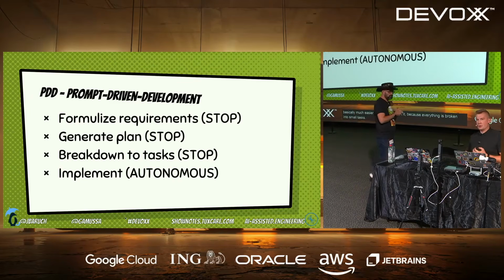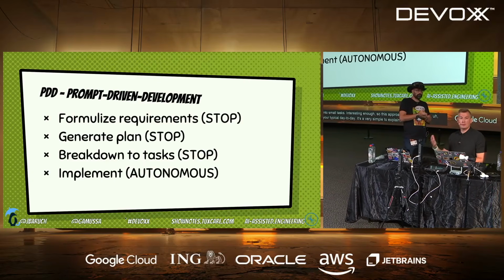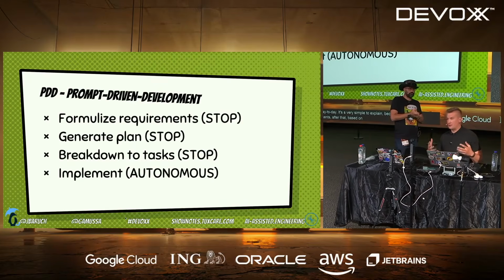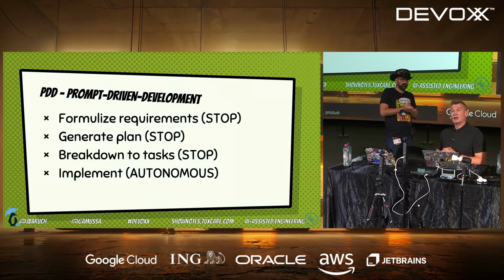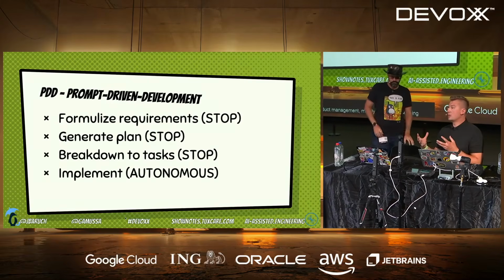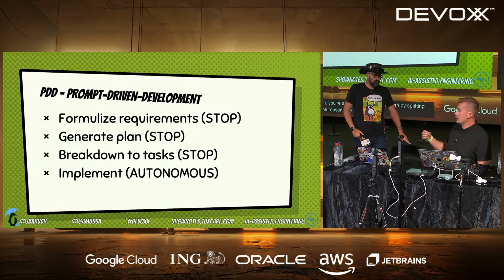Interesting enough, this approach is coming from your typical day-to-day. It's very simple to explain because it starts with requirements. After that, based on the requirements, we're building a plan, mostly in project management and product management, and based on the plan, you're actually executing it by splitting it down into tasks.